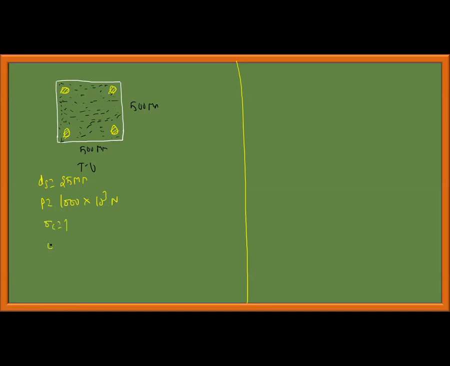Sigma C is equal to how much? Sigma S is equal to how much? Take Young's modulus of steel, which is equal to 210 into 10 power 3 Newton per mm square, and Young's modulus of concrete, 14 into 10 power 3 Newton per mm square. You can see the substantial difference. Steel is 210 GPa, whereas concrete is only 14 GPa.